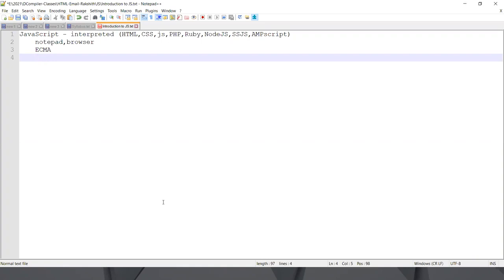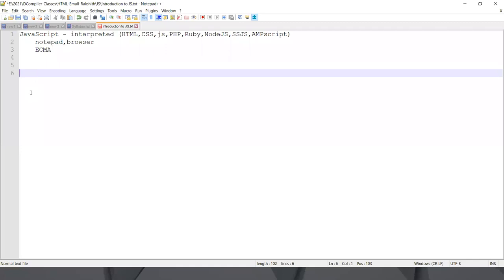Everything is relying on JavaScript. Now let's begin with the fundamentals of this. So the first fundamental is how to write a code, where to write it, and how we should run it. It might be any language. I always suggest people to